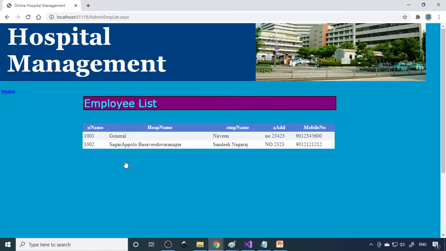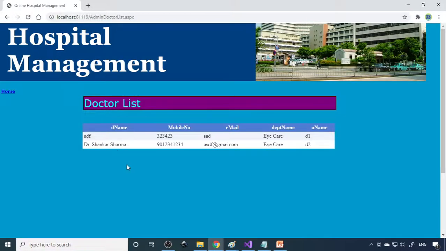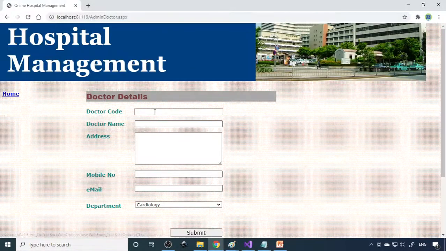Next, employee list details. Who are all the employees working here? So we can enter the employee details here. And the doctors. Who are all the doctors working here? We can put all the doctors' details. So you can go to doctor detail,